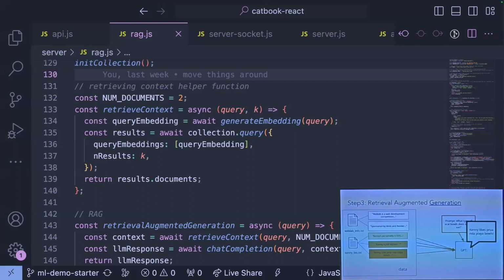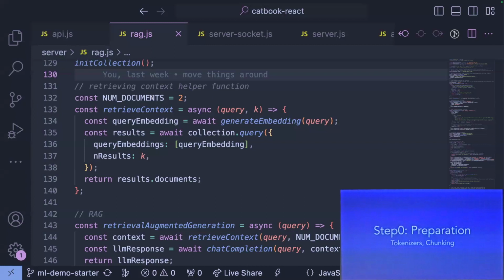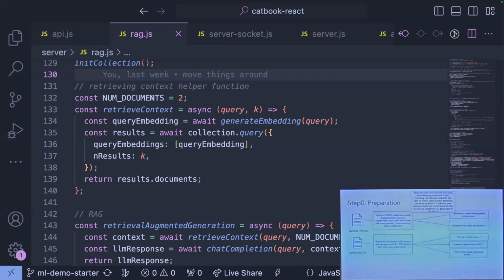So this is something called retrieval augmented generation. You have a set data source. You retrieve the most relevant context, and you augment it into your transformer model. And using this augmentation, it'll be able to answer questions that are relevant on real data. We're not going to go too far into step 0, but essentially what we want to do first is